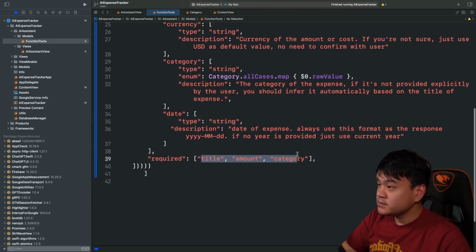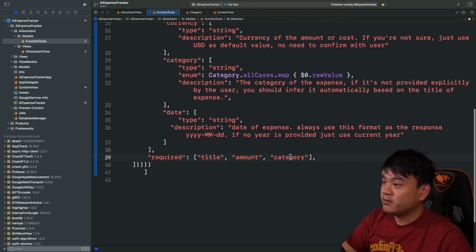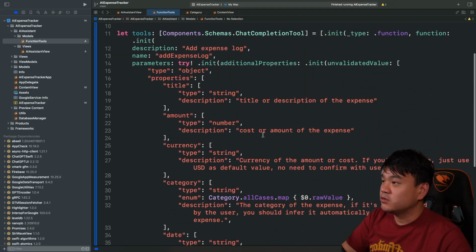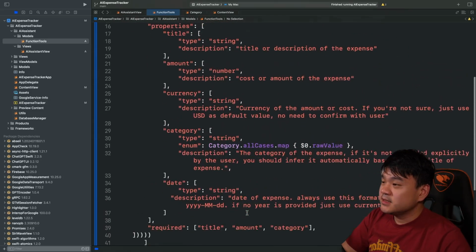So this is very, very smart actually. We can provide required parameters or optional parameters as well. So these three are required to be provided by the user when executing this add expense log function. Okay, so as you can see,